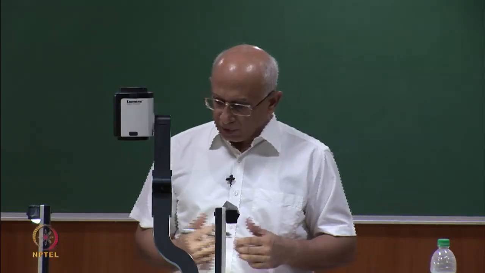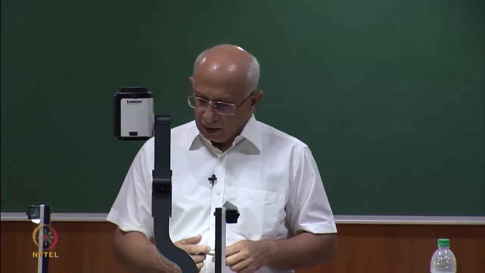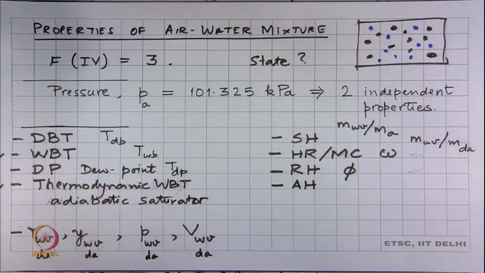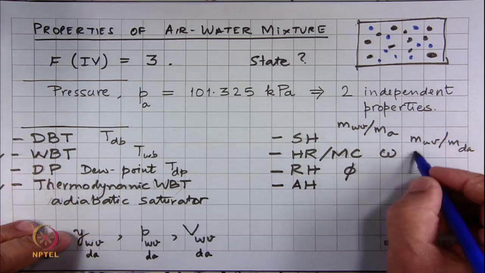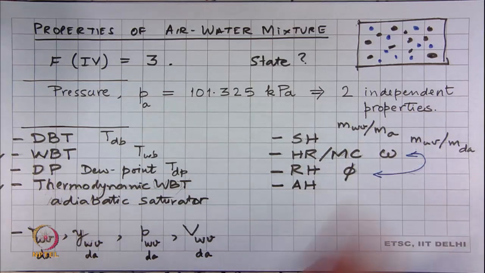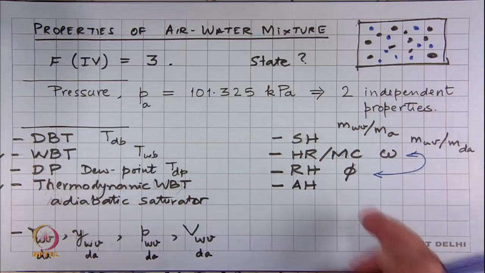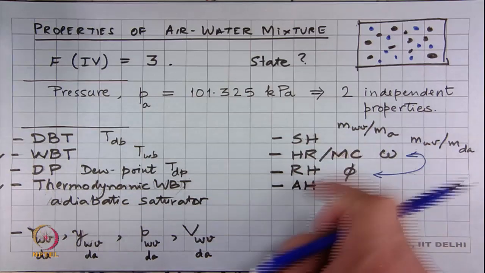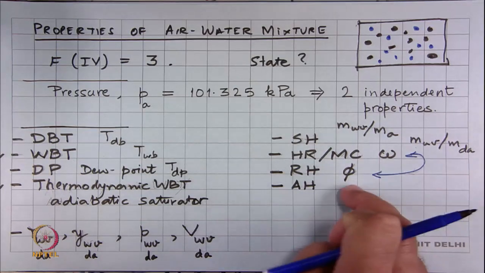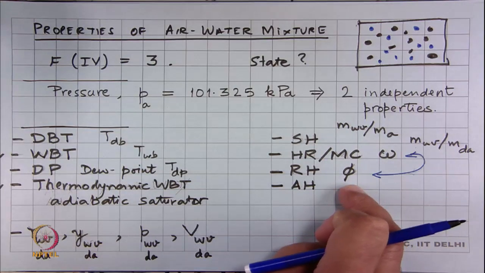That question got partly answered when we looked at various expressions that we derived, and for instance, we saw that these two are uniquely related to one another. So, if you specify one, the other is specified. Similarly, we can show that the others are also interrelated to these. So, we say, look, I do not need to specify all of that, but if I do specify omega and phi, then that is really only one property being specified.